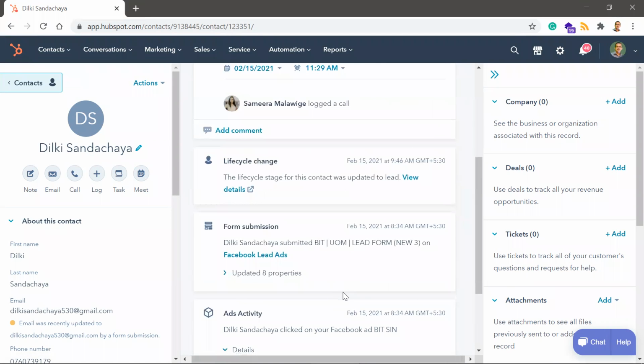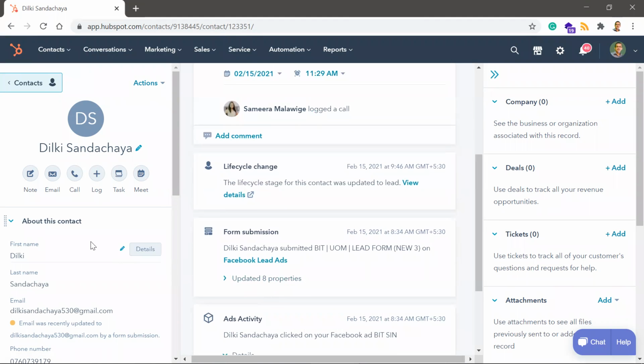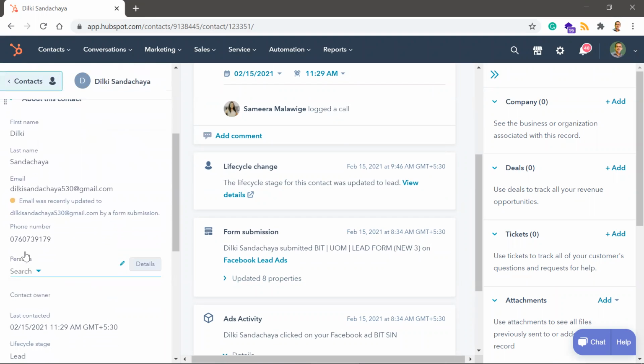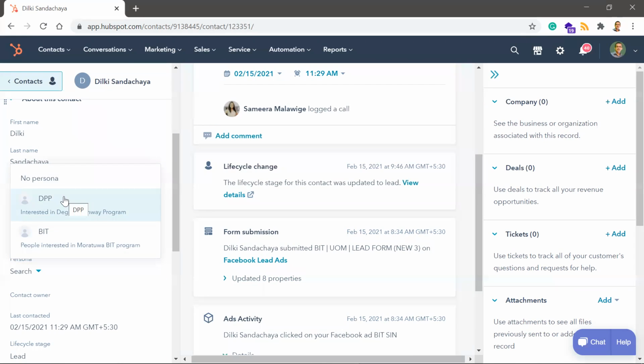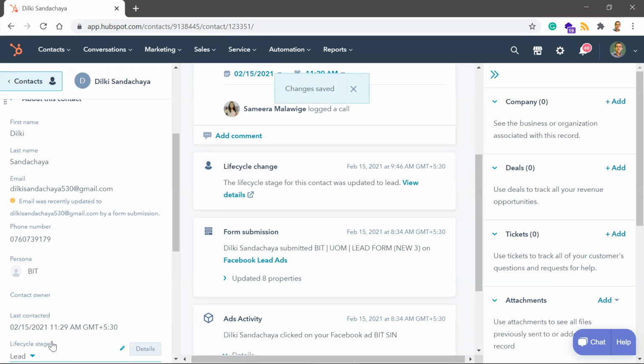The moment you recognize that this person is interested in BIT, all you have to do is, in the sidebar panel here, you will see a section called persona. I created this new and added it to the contact details here. Go to the persona, click on this down arrow, and you will see DPP or BIT. In this case, I'm adding this person to BIT and clicking save. You are done, right?